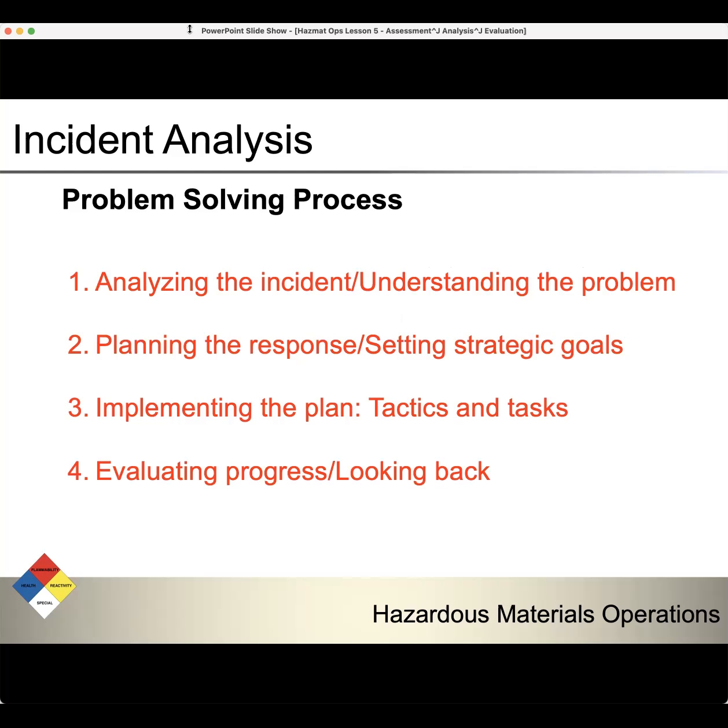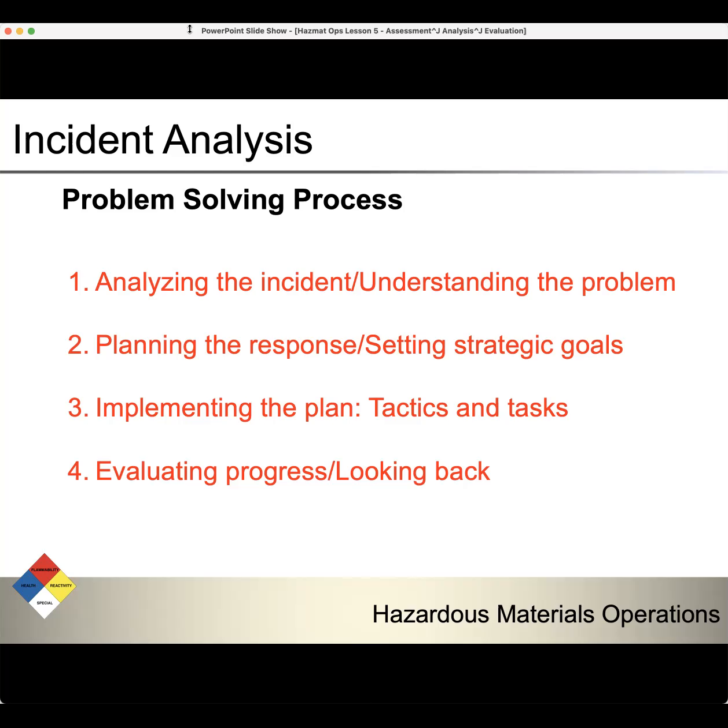Number 1, we're going to analyze the incident. We need to understand the problem, what's going on. Information, information, information. Number 2, then we're going to plan the response. We're going to set our strategic goals. So once we get our information, we're going to say, all right, we're going to identify what the product is, what its hazards are, what its PPE requirements are, how we're going to control its movement,